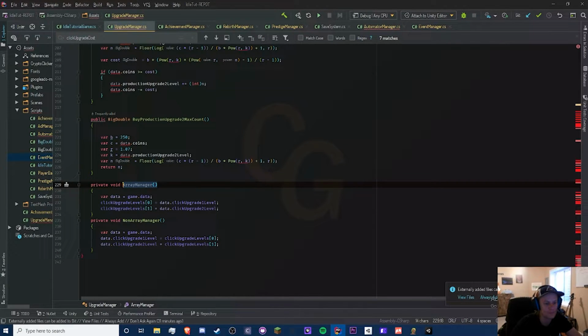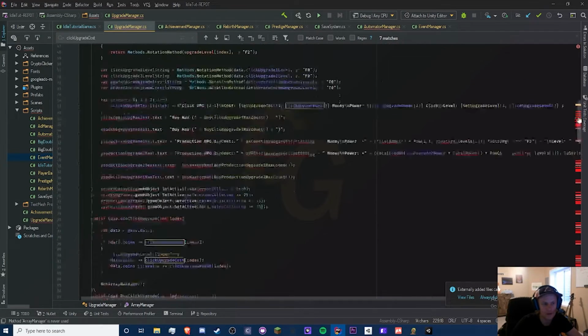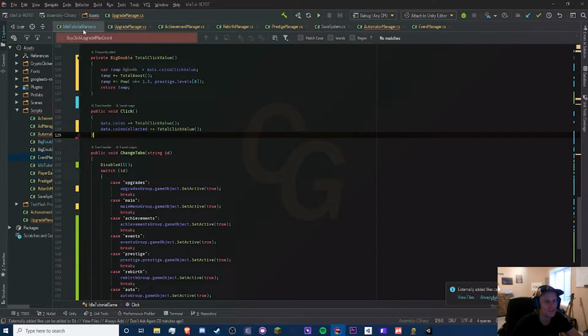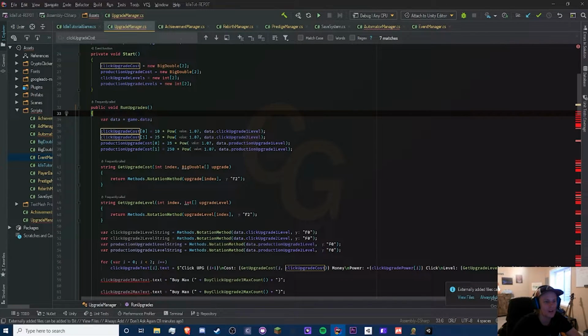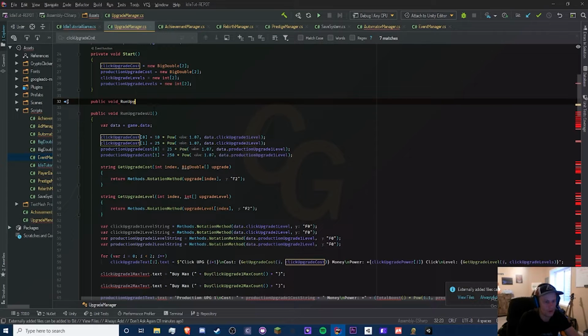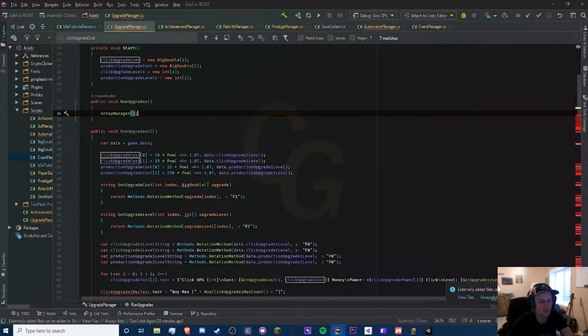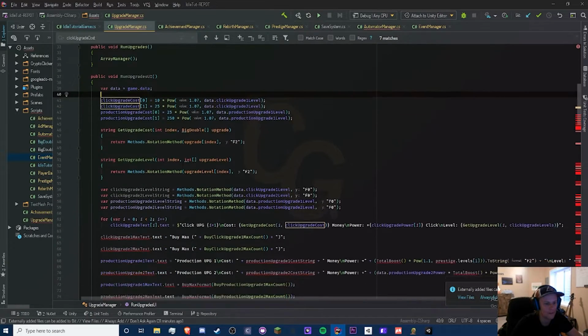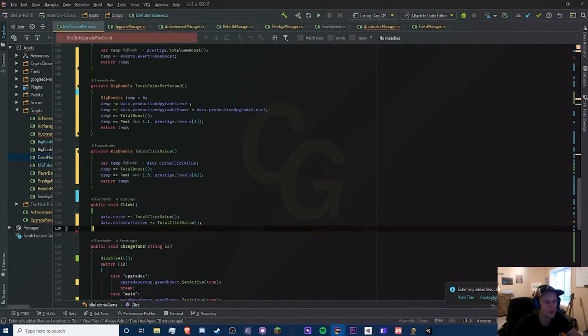Okay, so now array manager, that will be accessed in run upgrades. Let's see, run upgrades. Okay, so the problem with this now is that this isn't UI. So let's change this to run upgrades UI, and this one will be public void run upgrades. Okay, and this will call our array manager, and this should all be UI. That is all pretty much UI,